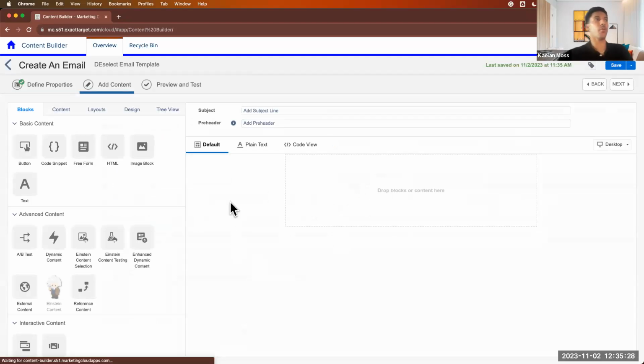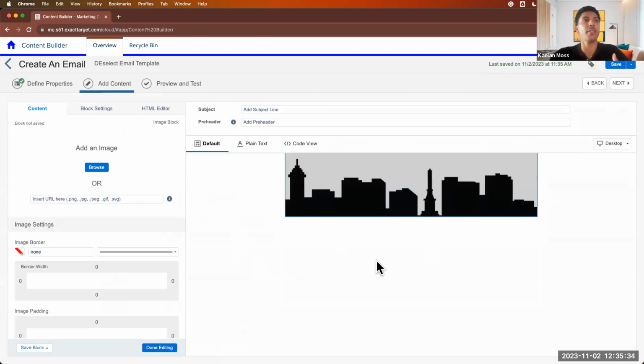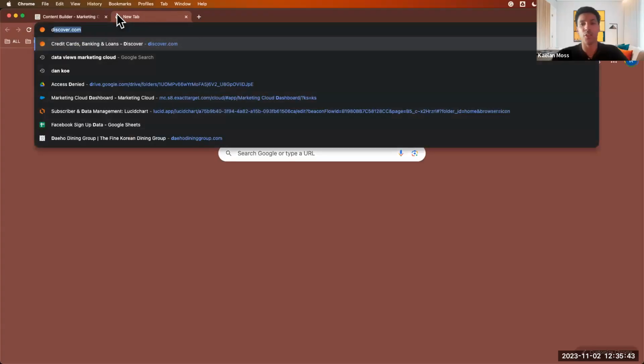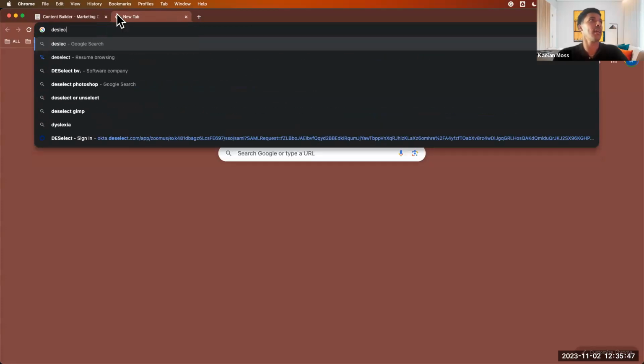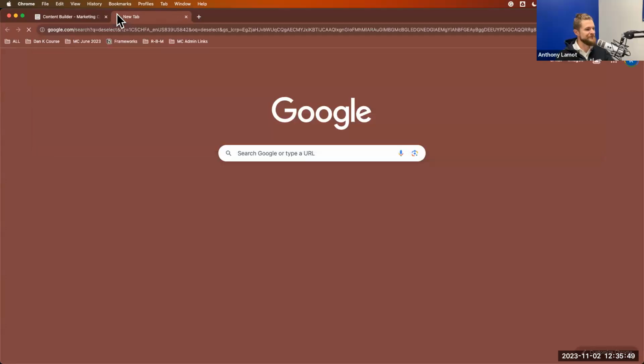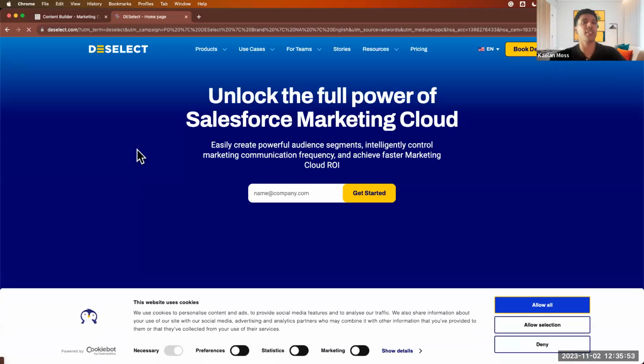And from right here, we can actually start to build our email out. So let's say we want to have a header image up here at the very top, maybe of the Deselect logo. With Anthony's permission, I am going to go to Deselect and just show you how easily you can pull in data and find info, find images and things like that.